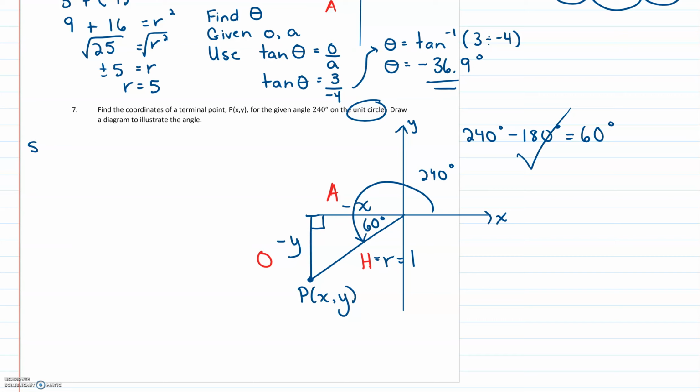So if we do sine, since it's a 90-degree angle and 60 degrees, there's nothing else you can do here unless you use sine and cos. So if you label hypotenuse, adjacent, and opposite, it might give you a hint as to do sine of 60. Well, sine of 60 is opposite over hypotenuse. The opposite